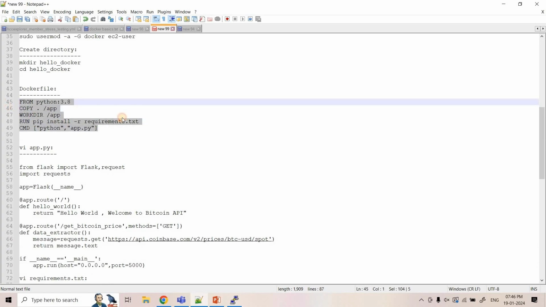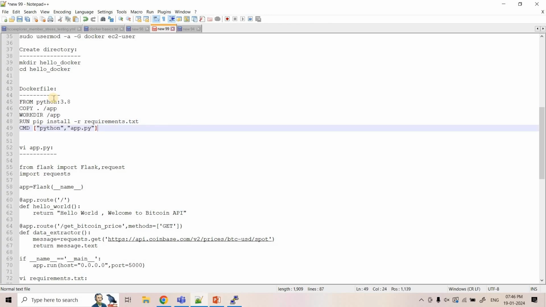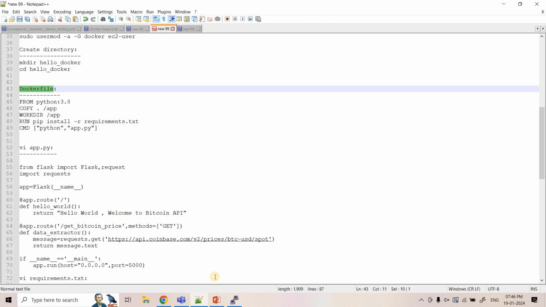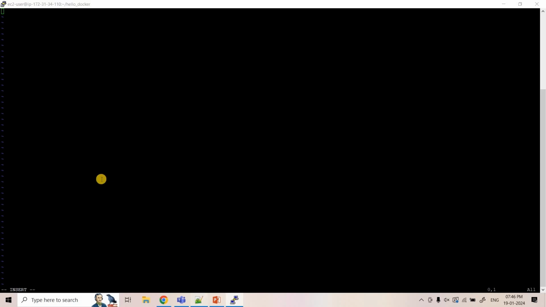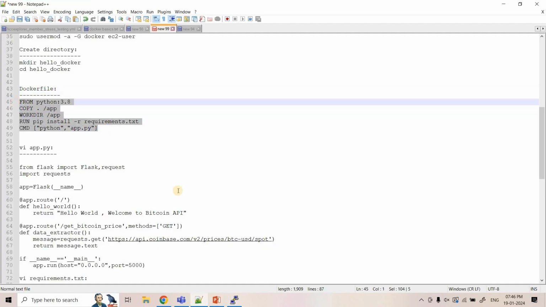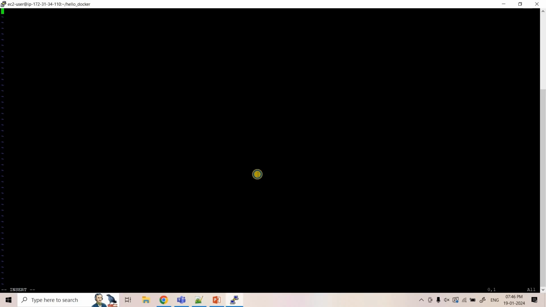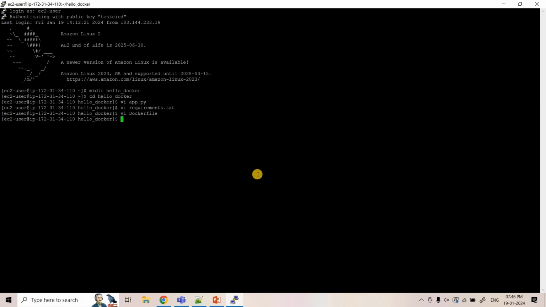And now this is our Dockerfile. This part is self-explanatory as we already discussed in detail in our section 1 and section 2. So I will just quickly create this particular Dockerfile with vi Dockerfile. I'll go to insert mode and I'll paste this particular Dockerfile commands. Cool. So now if we do ls, currently in our working directory app.py, Dockerfile and requirements.txt, these 3